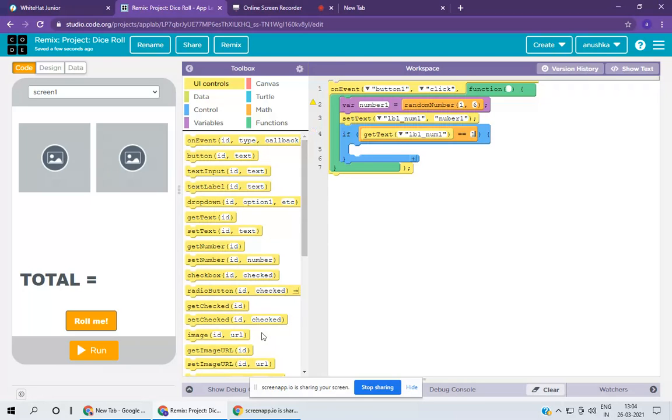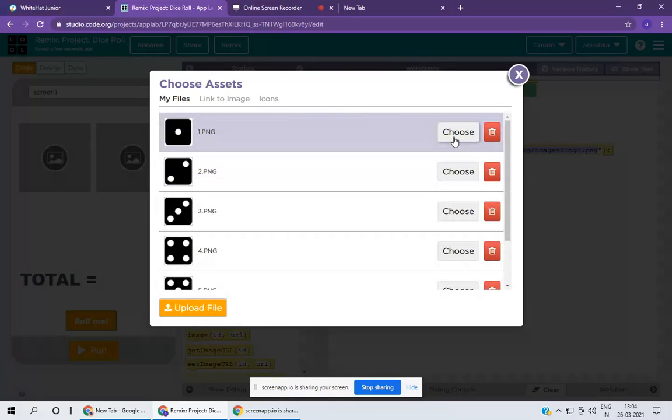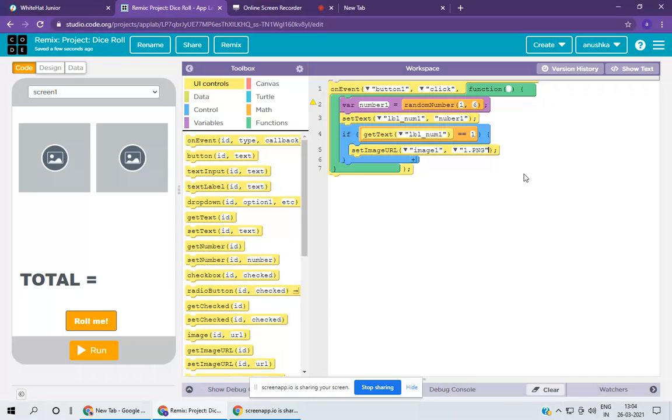And now we need set image URL. Here the id should be image number 1, and choose this. See friends, I need to explain why we are using these blocks.